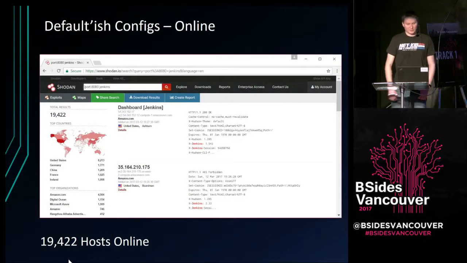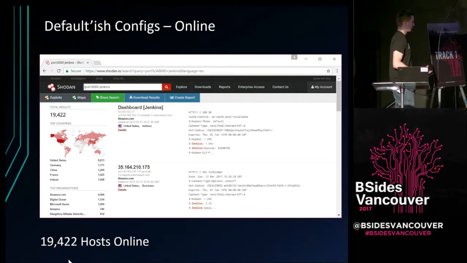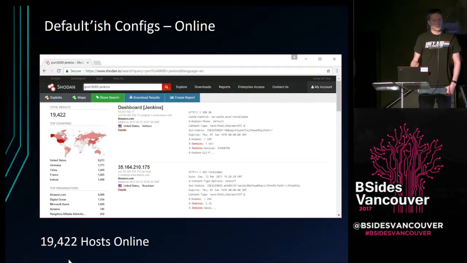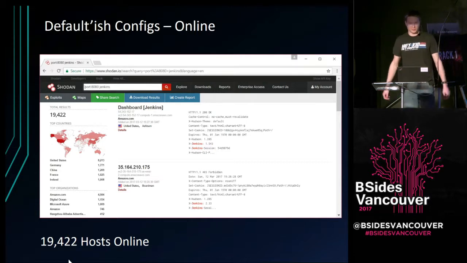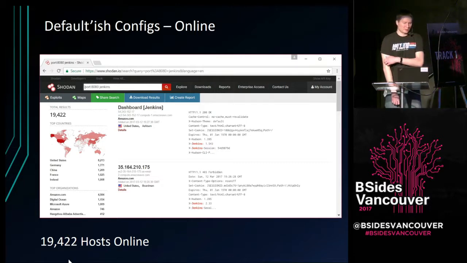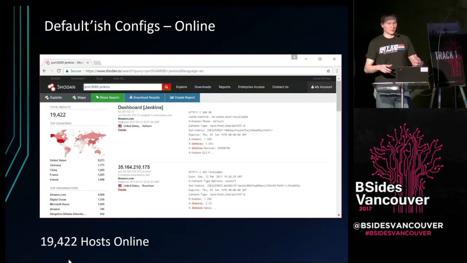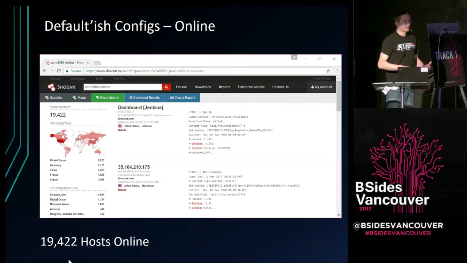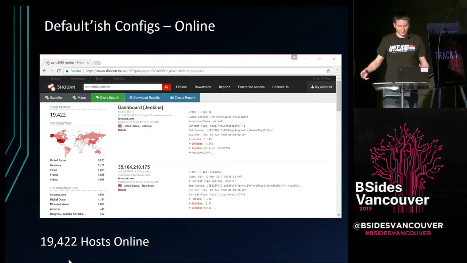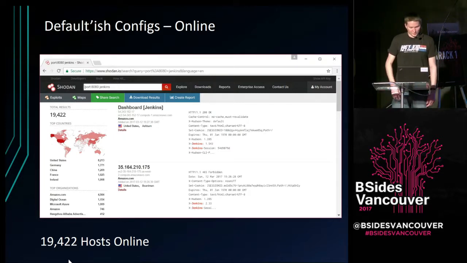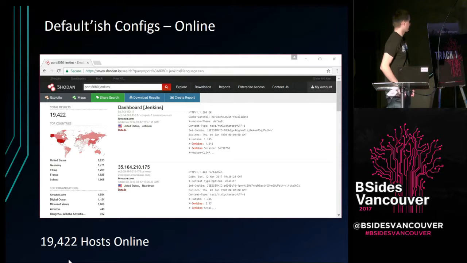So I mentioned that you can go look on your own network for these ports, but what often happens, and there were some write-ups on this a couple of years ago, and people started to go looking, is, remember stage 3 of our DevOps pyramid, you don't want to have boundaries anymore. You don't want to have this on your internal network, you want to have teams around the world all accessing your build server, which you've made online. So I went on Shodan and searched for port 8080 and the word Jenkins, and that came back with